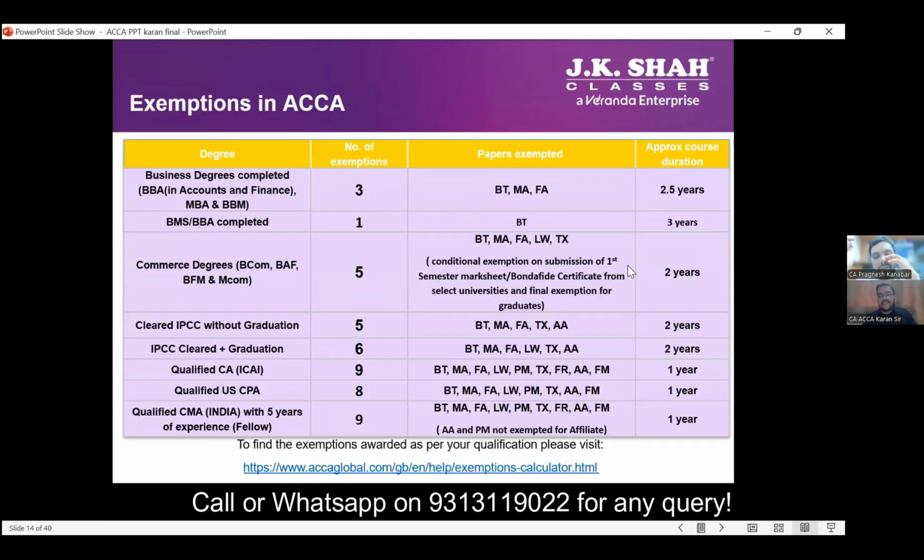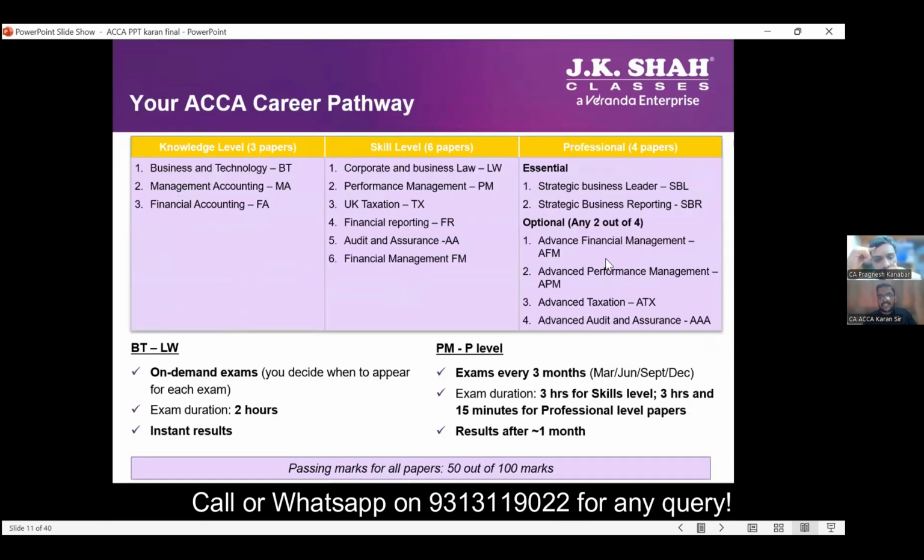One thing I forgot to say, with respect to professional level, the ACCA Institute has a 7-year rule which says that once you complete your first paper in strategic professional, you will have to complete the other 3 papers within 7 years from the date of completing your first paper. Anyway, they will finish well within the 7-year period. Yeah, we can complete it in a matter of 1 year. 7 years is a lot. Correct. Okay, and in Strategic Business Reporting, this is a subject where we are going to study IFRS, International Financial Reporting Standards, in great detail.